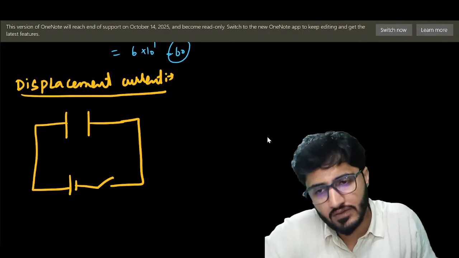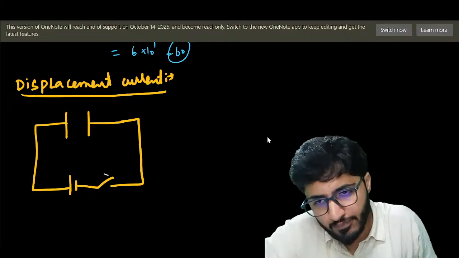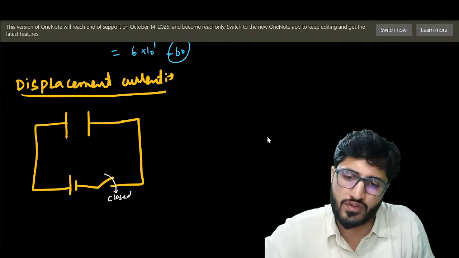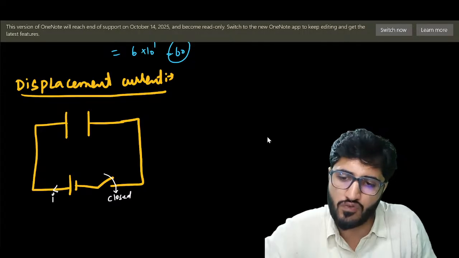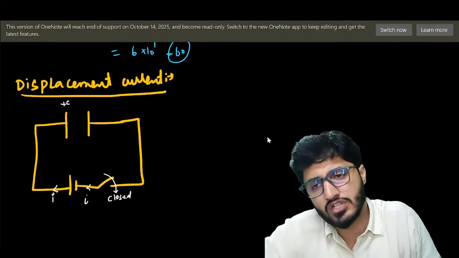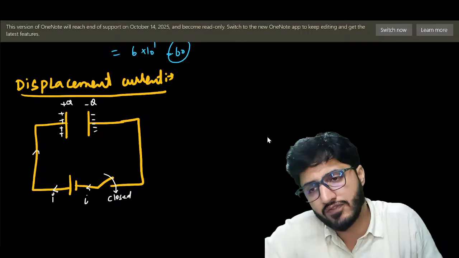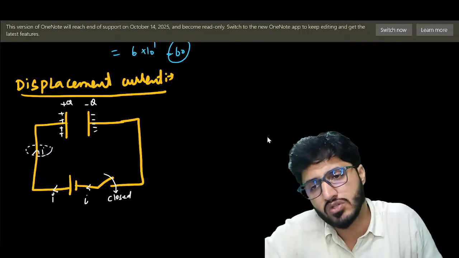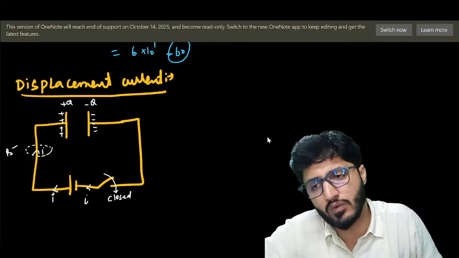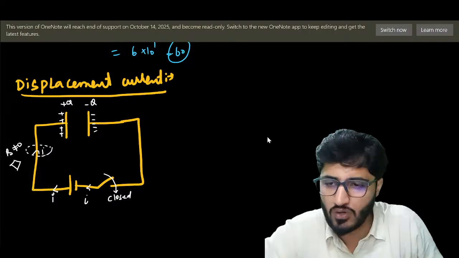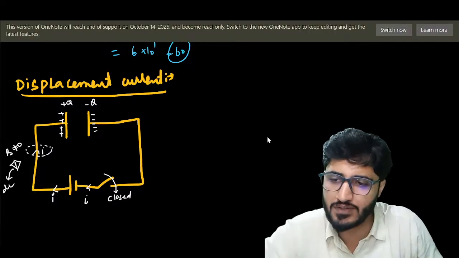What we notice is that whenever we place the key closed, the current I will go from the battery and come back inside the battery. So here I will get charge Q, and here minus charge. This side plus charge, this side minus charge. If current is flowing, we know by Ampere's law that there will be a magnetic field outside. So we place a magnet here or a compass. This compass shows deflection.